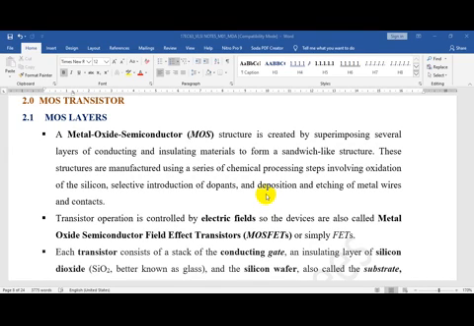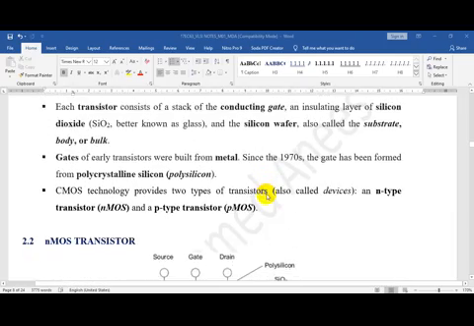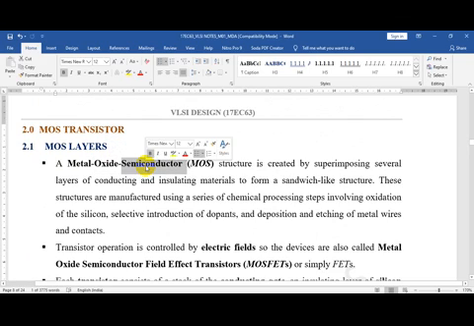In this video lecture, we shall see the basics of MOSFET, and we shall also discuss what is an nMOS transistor. See, MOS stands for metal, oxide and semiconductor. So basically we have three layers, which are manufactured using a series of chemical processes. That's why we call it a sandwich-like structure. So you have a metal layer, which is conducting, you have an oxide layer, then you have a semiconductor